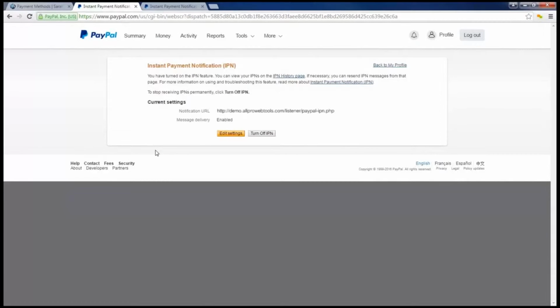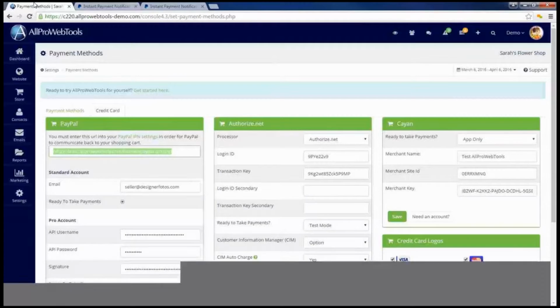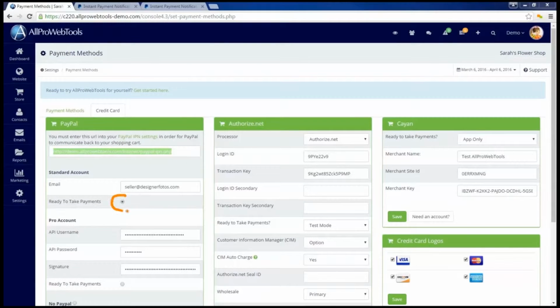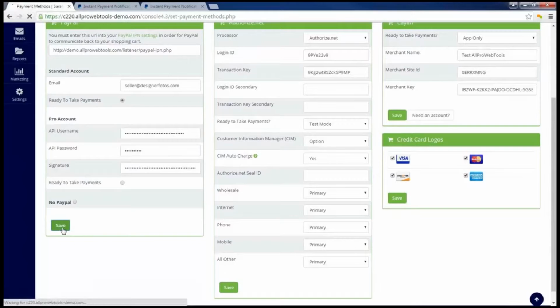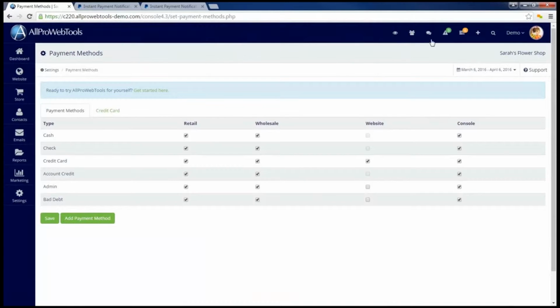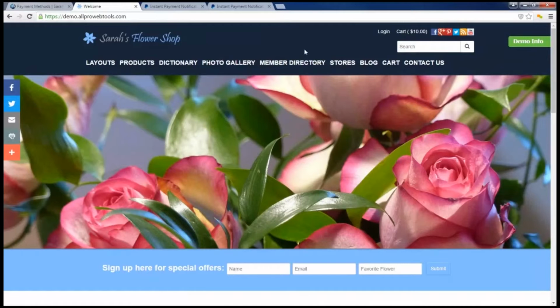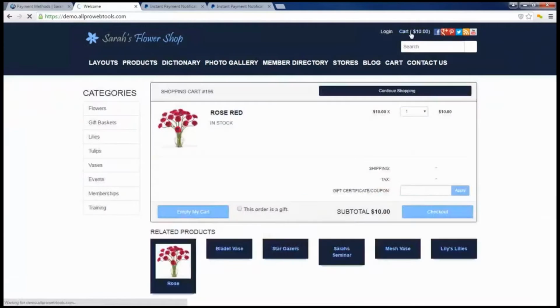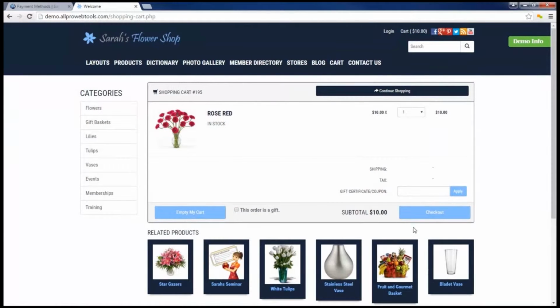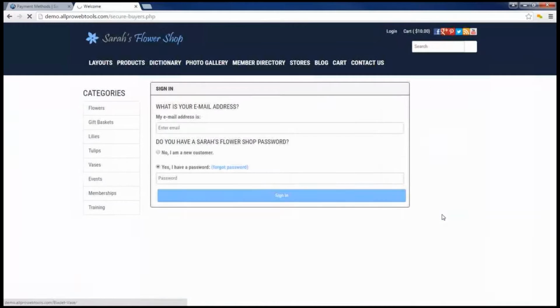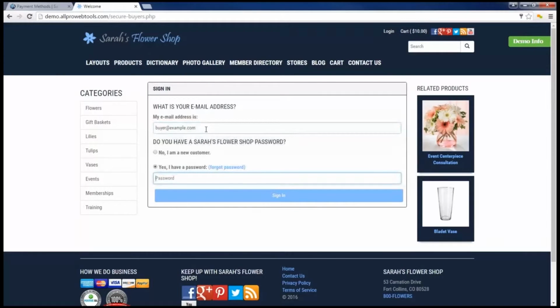Now that your IPN settings are set, I can go back to my AllProWebTools console. Make sure to select Ready to Take Payments underneath the standard account. Once you've selected Ready to Take Payments, you can scroll down and hit Save one more time. Now you can go to your website and you can try purchasing something from your own site. We strongly recommend you go through the checkout process and make sure you can complete an order using your PayPal